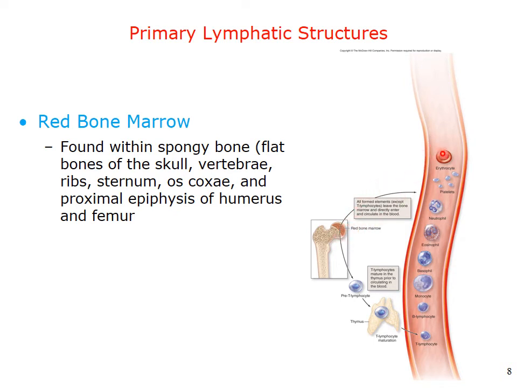So what we have are B cells being produced in the red bone marrow, maturing within the red bone marrow, and then entering into the blood, where we then find those. We're going to see that that's a slightly different situation when we talk about those T cells, and we'll talk about that a little bit more in just a second. But the T cells, like all formed elements, are produced in the red bone marrow, but they are then going to go to the thymus gland, where